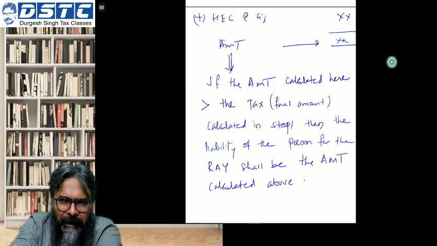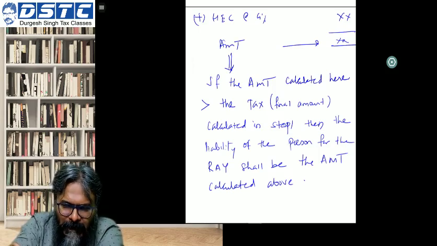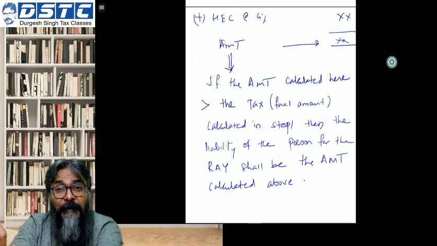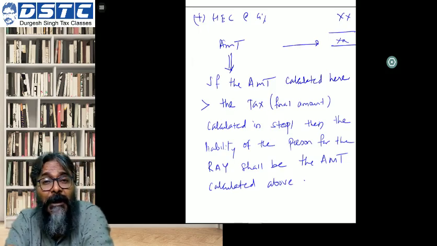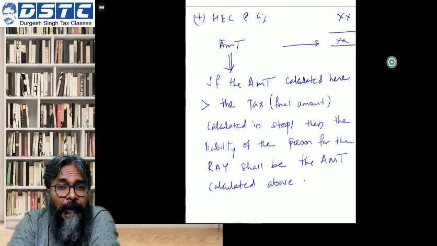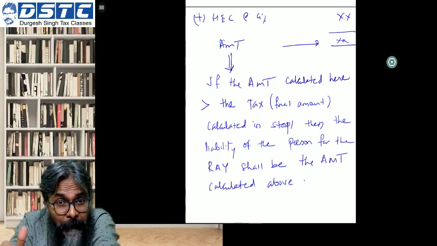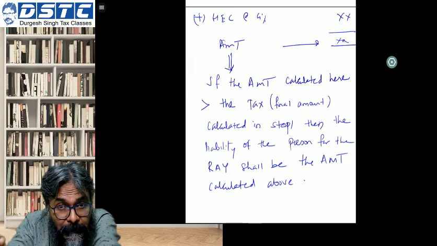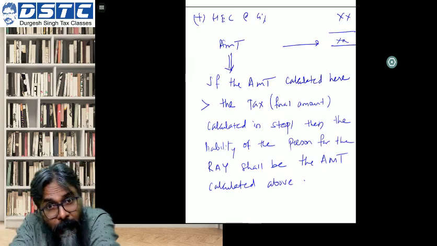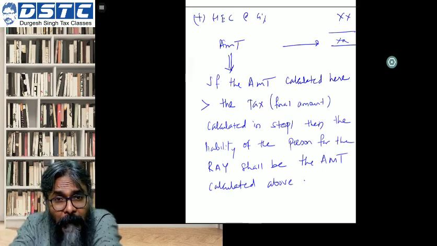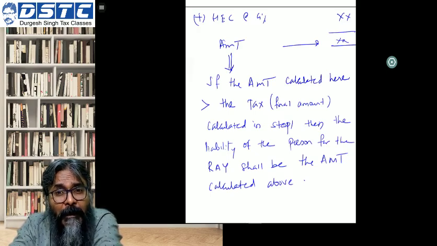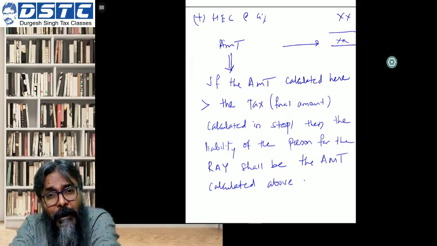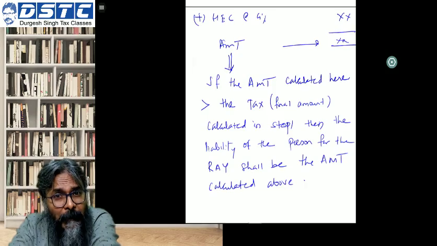The logic behind that, students, is that as we have discussed, a deduction like 35 AD or 10AA wipes out a substantial chunk of your income from the total income, thereby substantially reducing your tax liability, and therefore